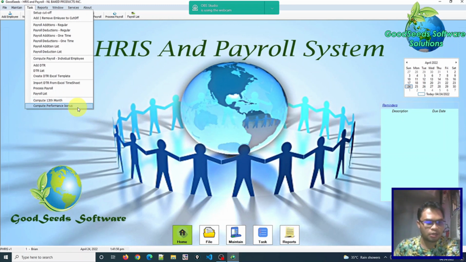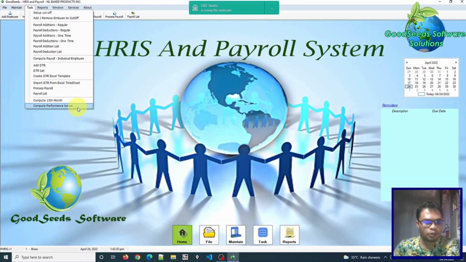So next is compute performance bonus. So this payroll system, HRIS and payroll system, actually this is not just a payroll system but an HRIS also, because it has modules that can monitor or input the data of every employee, including their performance and employment history.